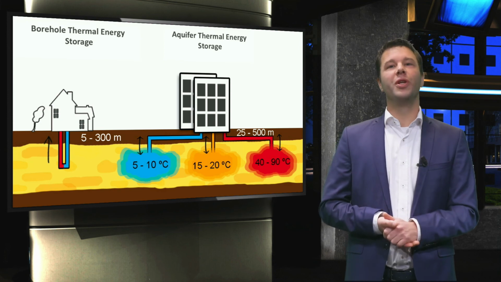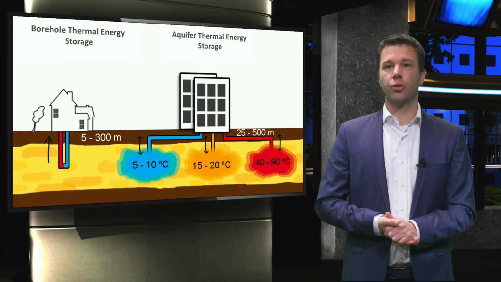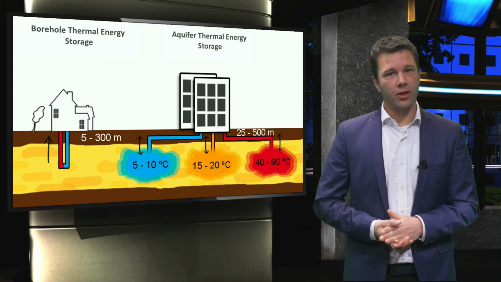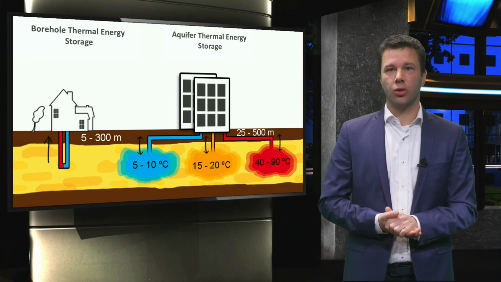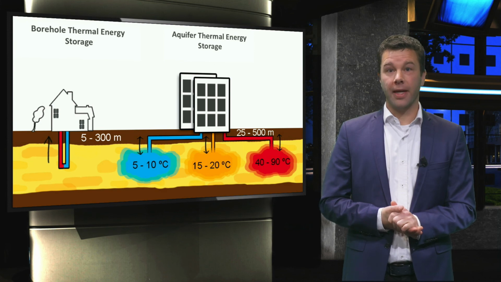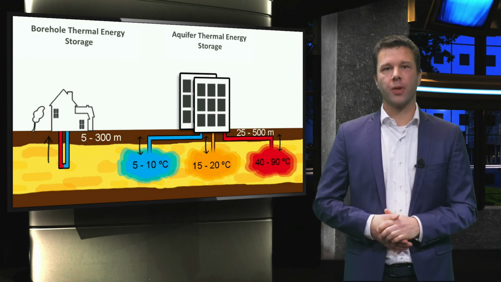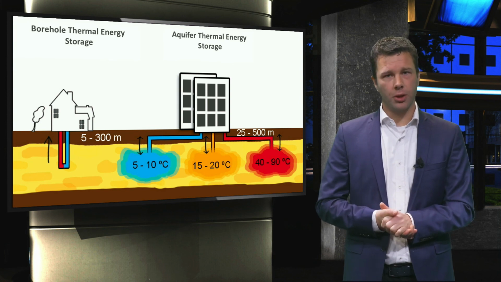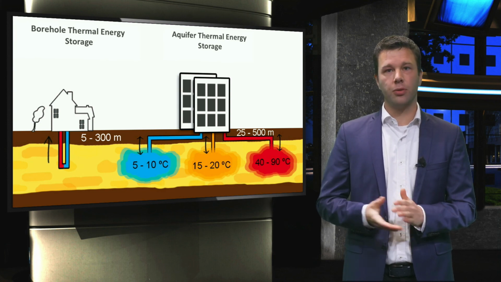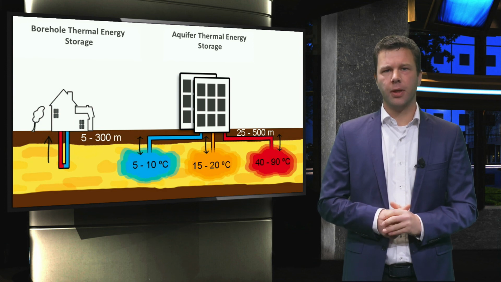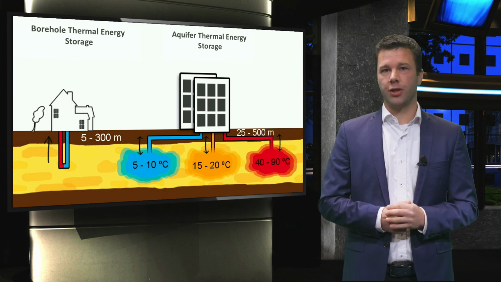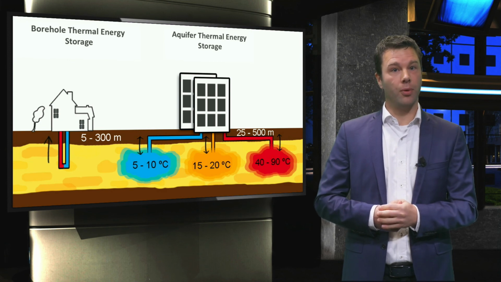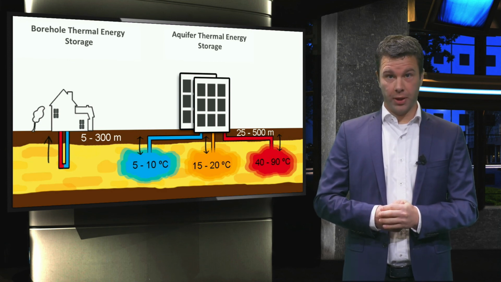We now come to the end of the last clip on heat storage and recovery in the shallow subsurface. At present, there are about 3,000 ATES systems operational in the world, and this number is rapidly increasing. BTES systems are already more established. The exact numbers are not known, but estimates run up to 1 million worldwide already. This difference is not strange, as BTES can be applied at any type of underground and also as there are many more suitable small buildings.